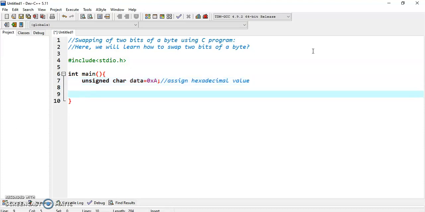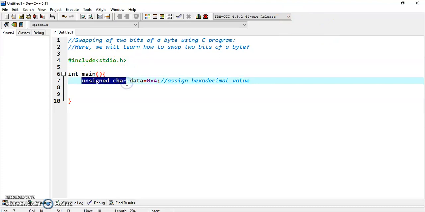So firstly I will clarify that unsigned char is a character data type where the variable consumes all the 8 bits of the memory and there is no sign bit which is there in signed char. So the range of unsigned char data type is 0 to 255, but in the case of signed char it starts from minus 127 to plus 128.